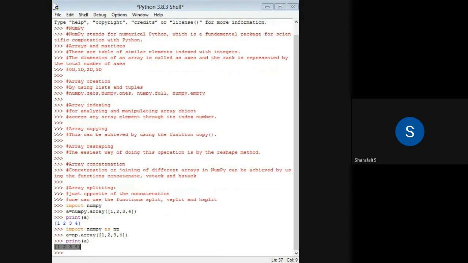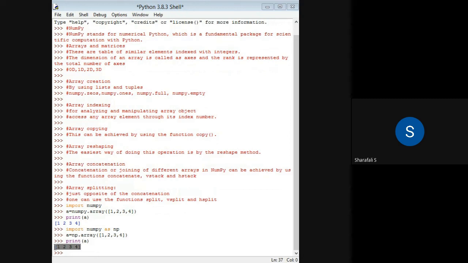So what is the difference between these two? If you consider the array and the list, the array will have the same type of elements. Also, arrays are much faster than lists, because they allow a different kind of access. We can access the elements much faster in the case of an array, which is not that easy with a list.